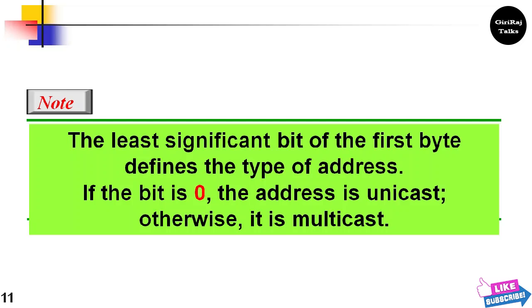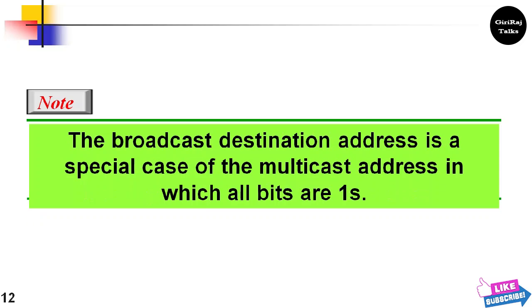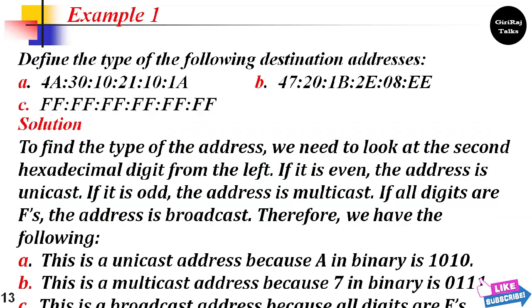The broadcast address is a special case of multicast address. The recipients are all the stations on the LAN. A broadcast destination address is 48 ones. The broadcast destination address is a special case of the multicast address in which all bits are ones. Let us see one example in this. Define the type of the following destination addresses: